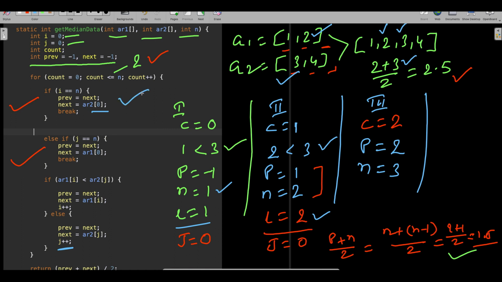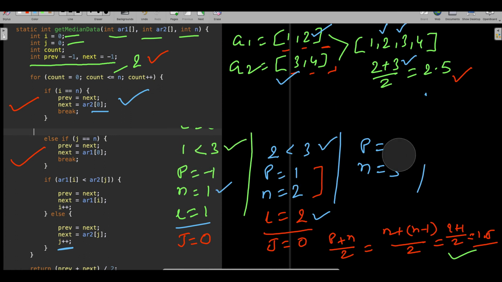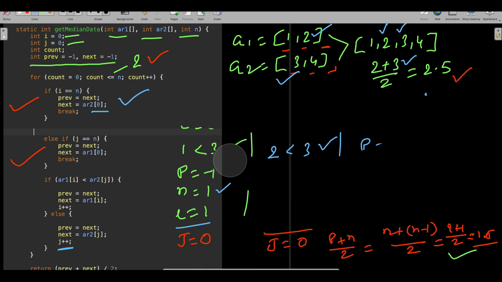Right? Now let's reverse it. Reverse it in the sense that you write 3 4 here and 1 2 here, right? When you write 3 4 here and 1 2 here, in that case what will happen? Your I will never get processed. When you do this logic, will your I get processed? Let me show you this one also quickly, so that you will not have any confusion. It will not take much time, guys. I will just cover this.